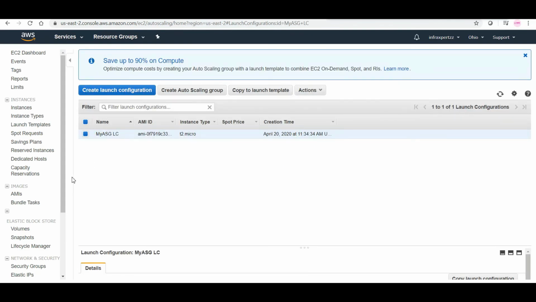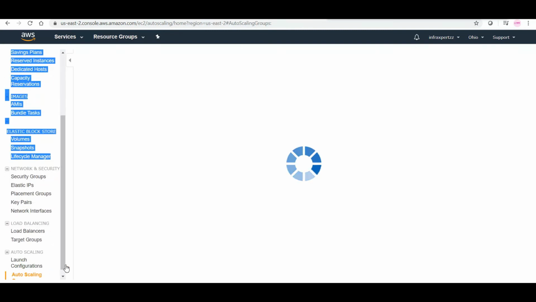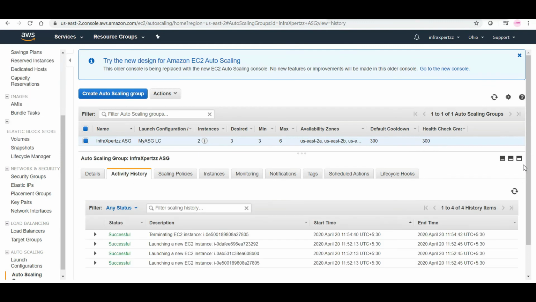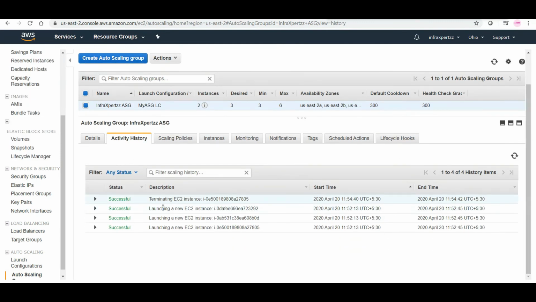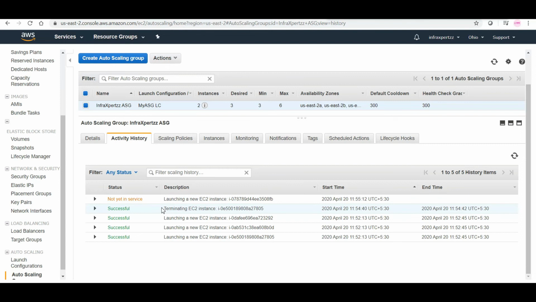Let us go to our autoscaling group and see the activity history. And you can see in here terminating EC2 instance, this is successful, and it is launching a new instance right now after I refreshed it.